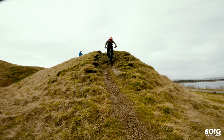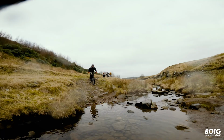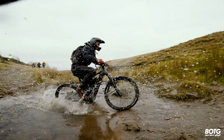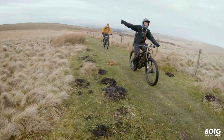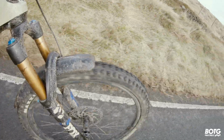There's no qualms with different fitness or different abilities. Everybody helps each other, and if we're not sure about something, then you can guide them through it or tell them how to do this or advise them on that. A fantastic bunch. Each one today kind of likes different things. Somebody likes gnarl, speed, flow, you name it. And that's what makes these social rides, these Patreon rides,